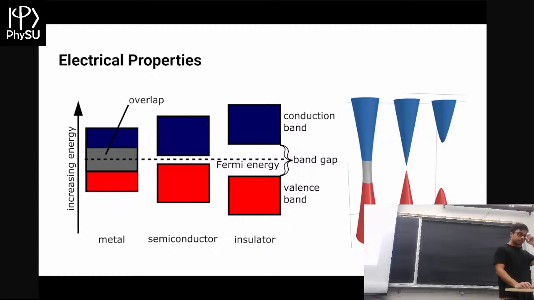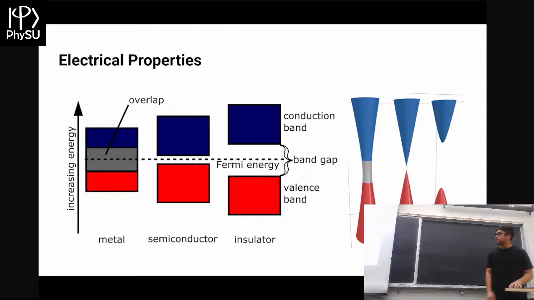And so it turns out that the position of this Fermi energy in the dispersion or band dictates a decent amount of the electrical properties. One example is, say you have a system that has a valence band and a conduction band. If you've taken chemistry, you'll remember valence orbitals, the outermost electrons, and any electrons with energy greater than that will just be floating around in the crystal. They'll be free electrons. And so depending on whether an electron's in the valence or the conduction band, it'll either contribute to the conductivity or won't.